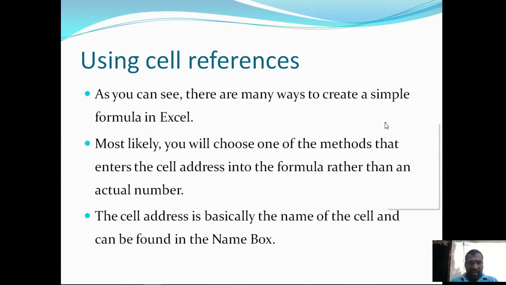Why do we prefer to choose cell addresses in the formula rather than an actual number? For example, we have written a formula to add two numbers.